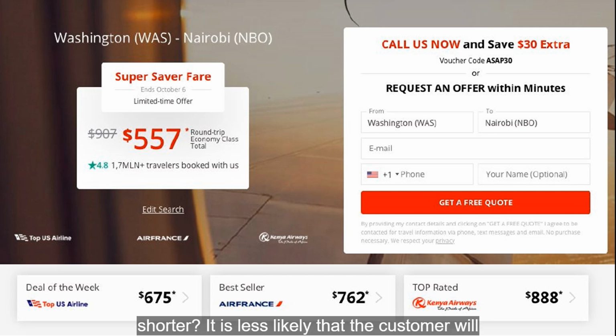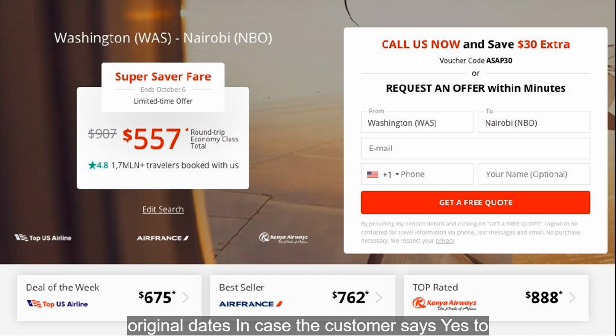It is less likely that the customer will say yes to such a big change in travel time or duration of stay. So it is most likely that he will say no. After that, reassure the customer. Say, in that case, let me check what I can get on your original dates. We have the lowest prices and best discounts. I am sure we'll be able to get something really good. For that, I will need to ask a few more questions. Then simply continue gathering the information that you need in order to get the best deal for your client on